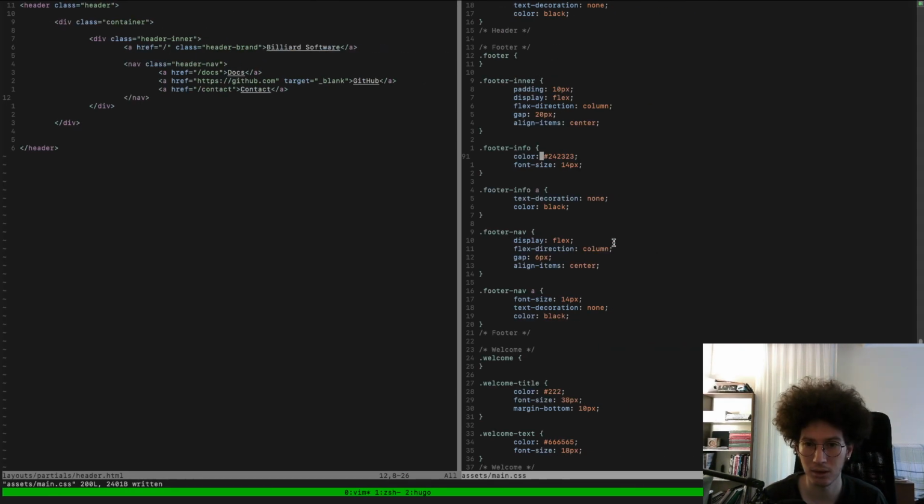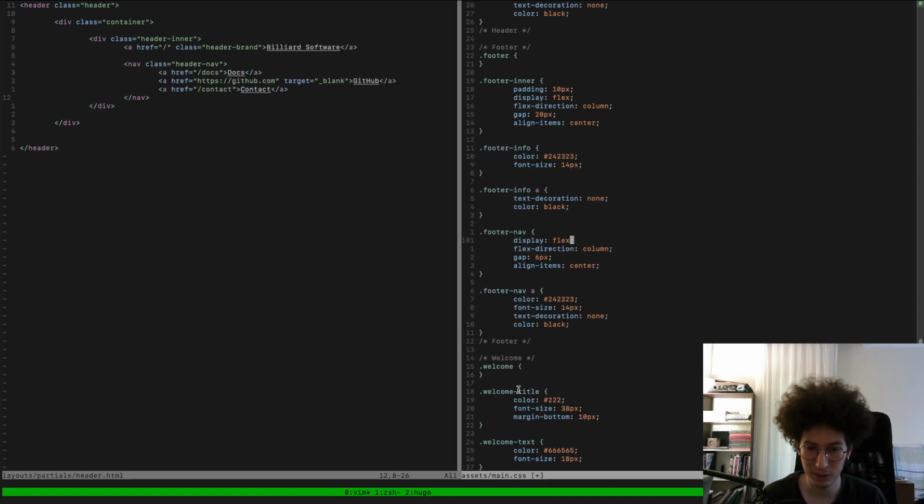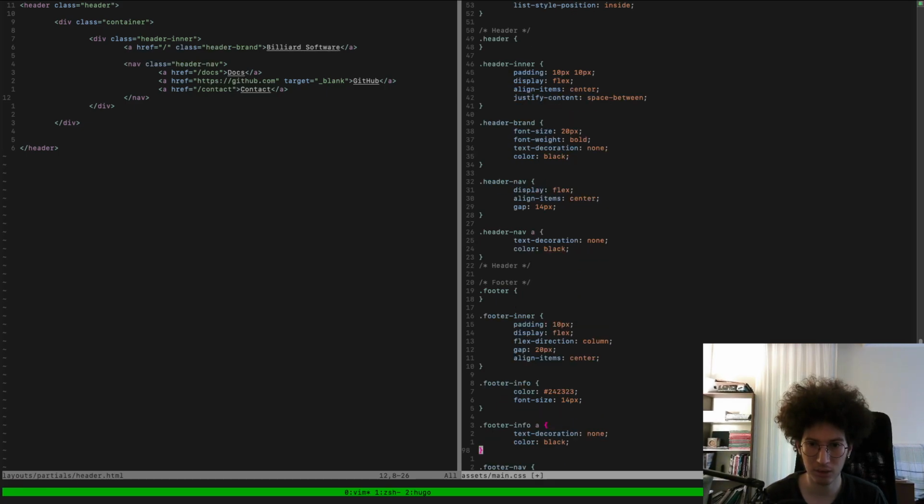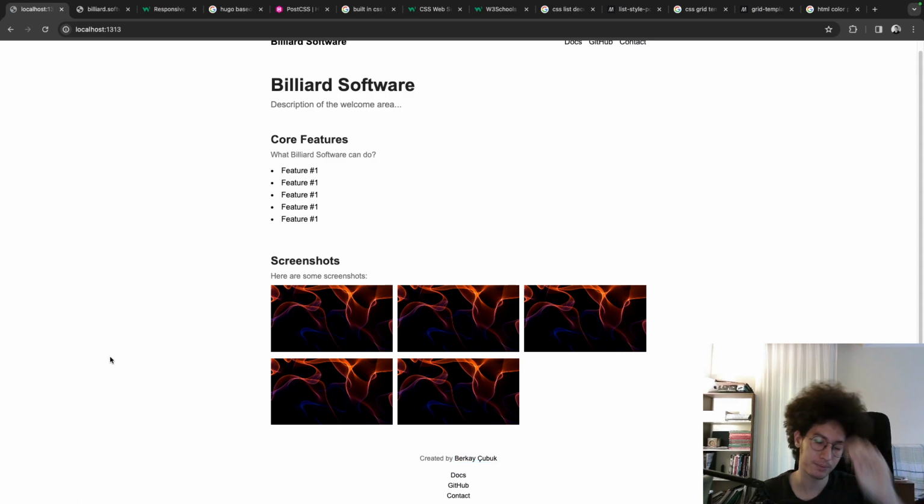We can apply this color for the navigation items, but I want this one for the info. Yeah. The links can have a different color,